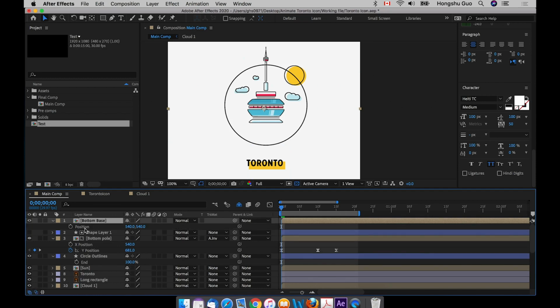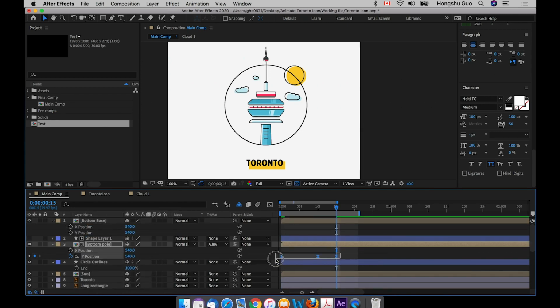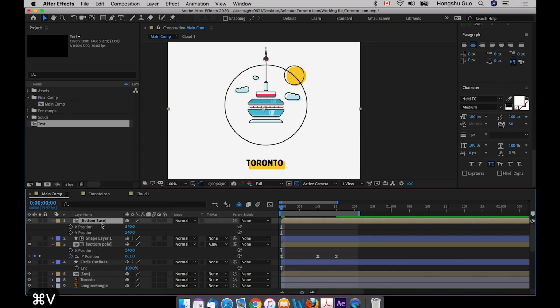Click P to open the position property. Right-click, separate dimensions. And then we want to copy the keyframes of this pole. Command-C, copy. Go back to the 0 frames. Click on this layer, paste. Now, this element has the same animation as the first pole animation. You see? Now what I need to do is add in a layer as a track matte to cover where